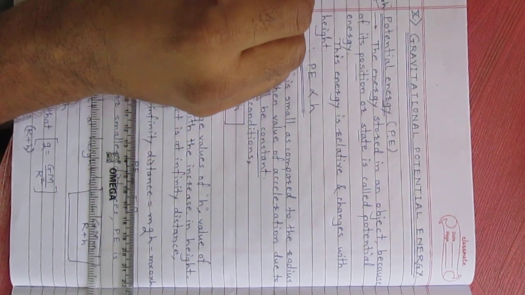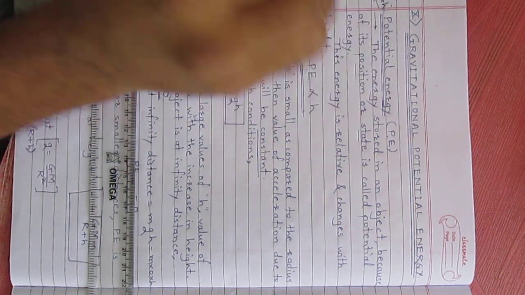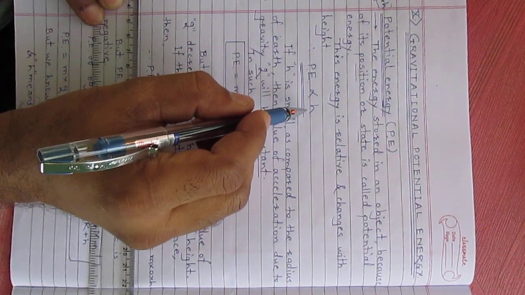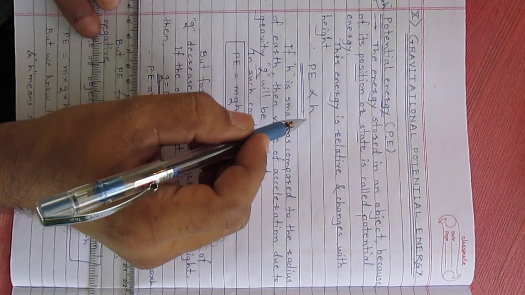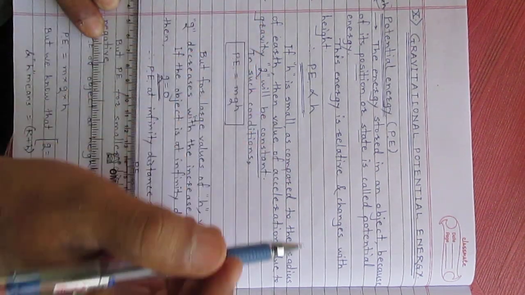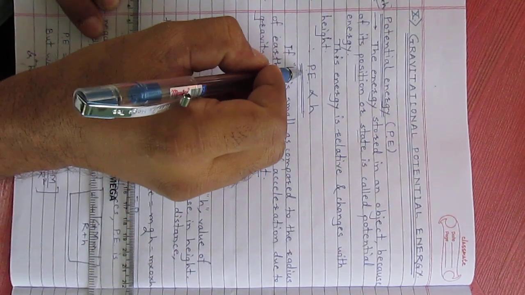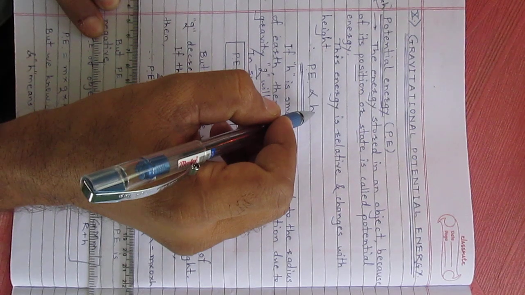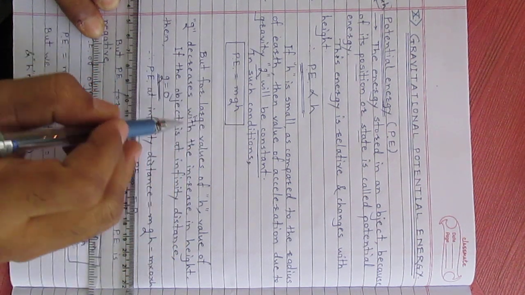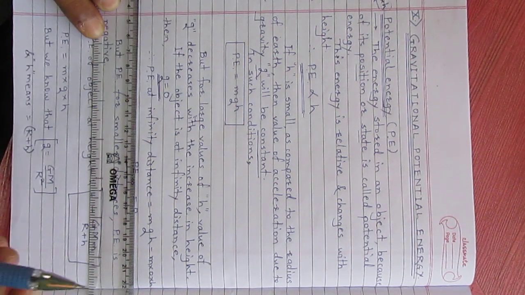Now, as the height increases, the energy will also increase because of the mgh value. That means potential energy is directly proportional to the height of the object from the surface of the earth. But only if h is small compared to the radius of the earth will the potential energy keep increasing in proportion to the height. But when a considerably large height is considered,